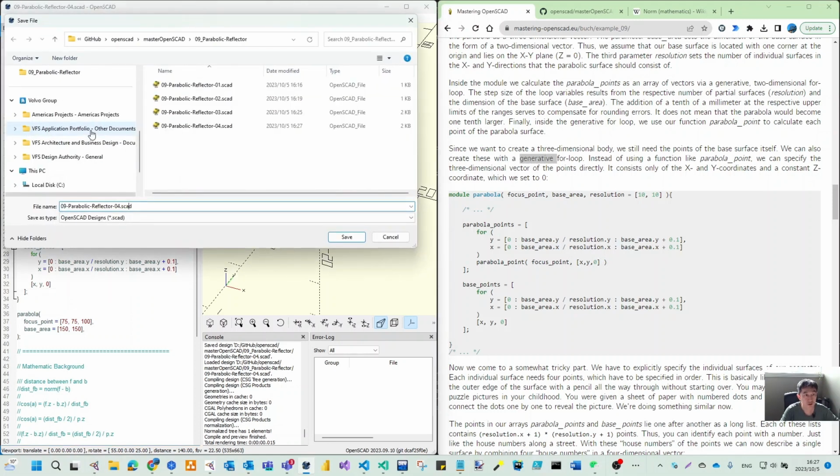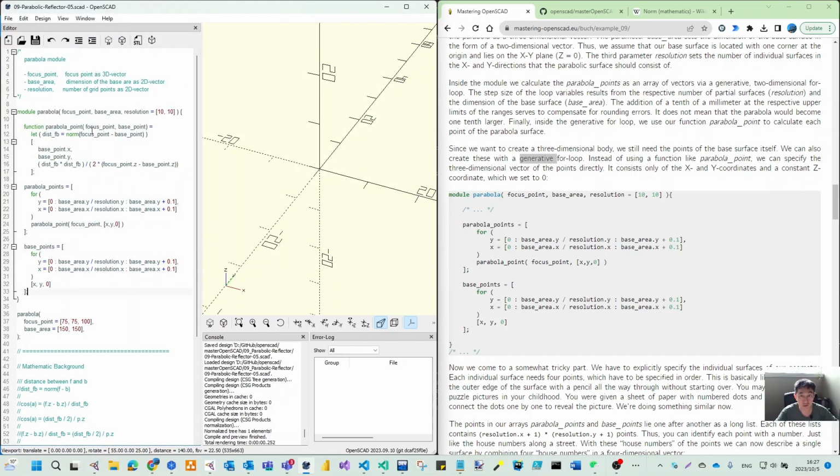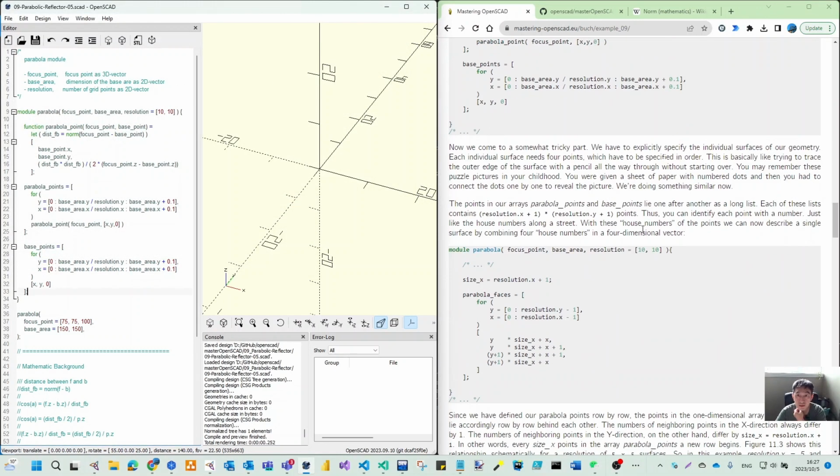For this snapshot, we will go to number 5. We have some tricky part now. We have to explicitly specify individual surfaces of our geometry. Each individual surface needs 4 points, which have to be specified in order. This is basically like trying to trace the outer edge of the surface with a pencil all the way through